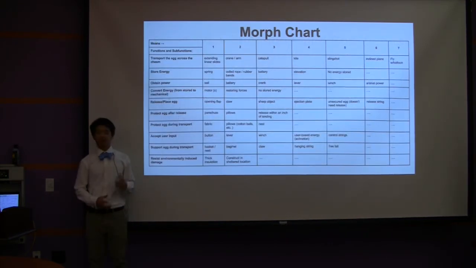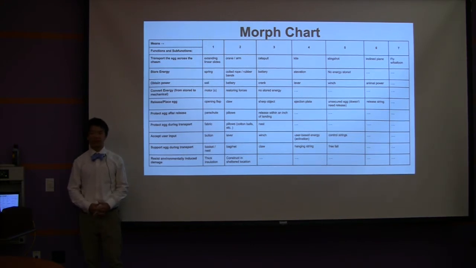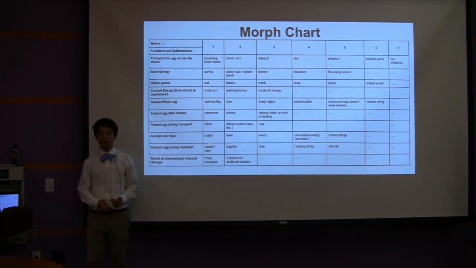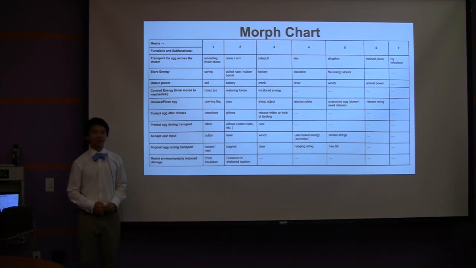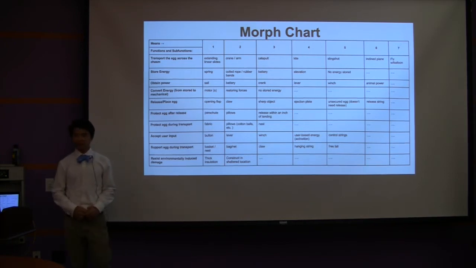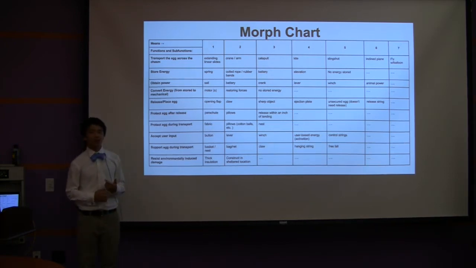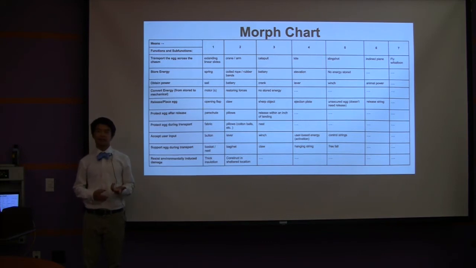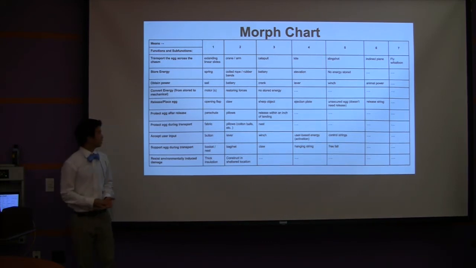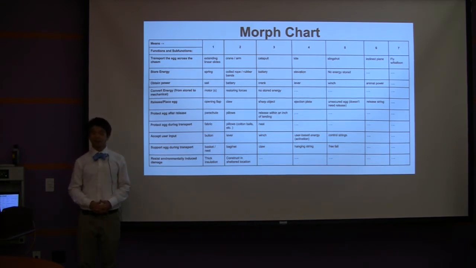Here's a basic overview of our morph chart. We came up with multiple sub-functions that were not listed in the previous slide. Examples include to obtain power and to store energy, because otherwise the egg wouldn't be able to just move itself. We also had to consider protection of the egg after and before the release, because we did not want the